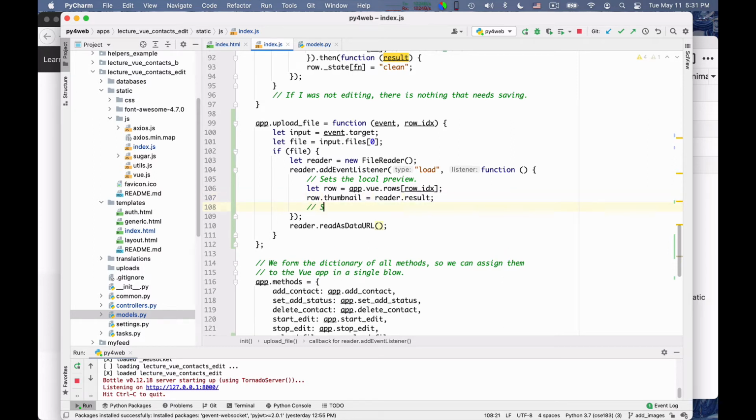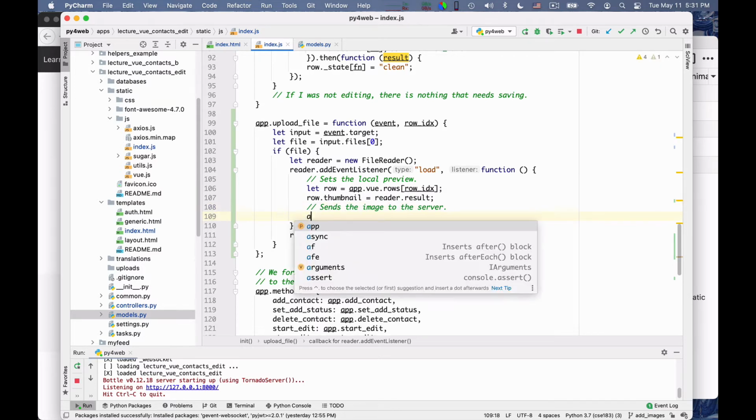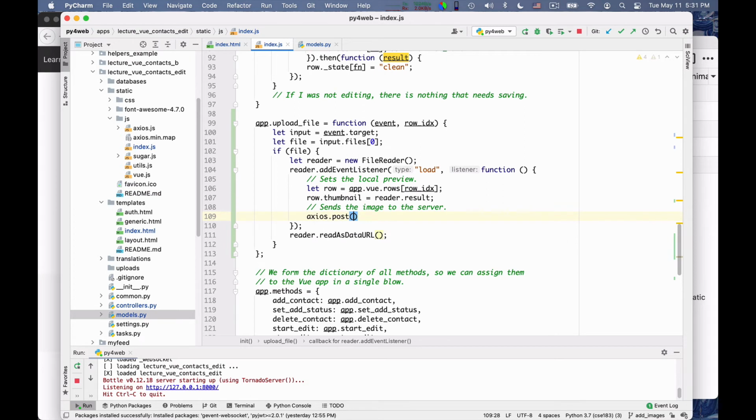And now sends the image to the server. So here I want to do a post in which I pass also this reader result to the server. So I do an axios.post to a URL that I have to invent. I call it upload thumbnail URL.